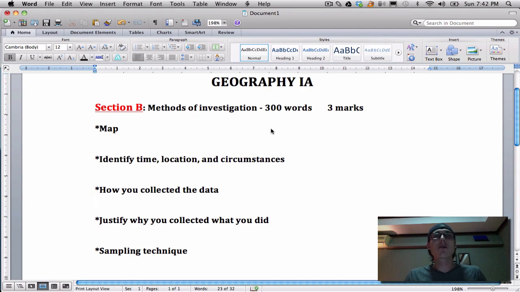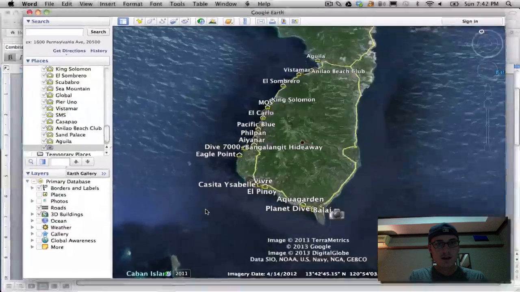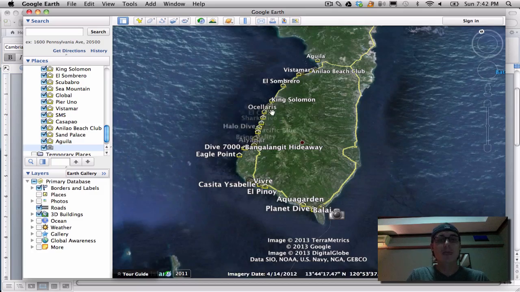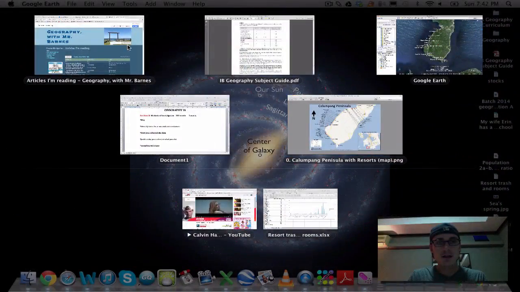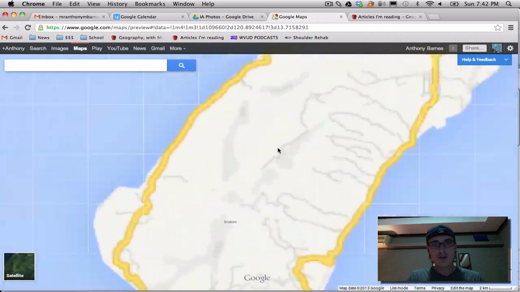Going to talk about Section B in your IA. Okay, so I want to make a correction from the last video. In the last video, I told you that you needed to include all of the resorts on your hand-drawn map. I would say that it's probably better to have a general map, more like this, without any of the resorts